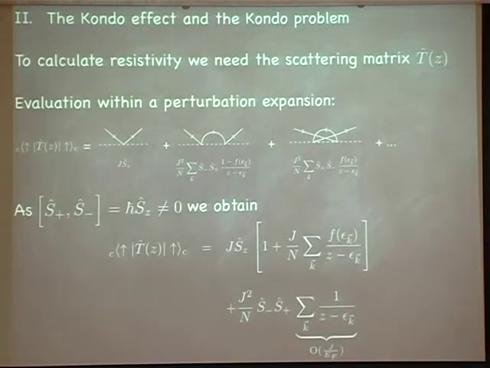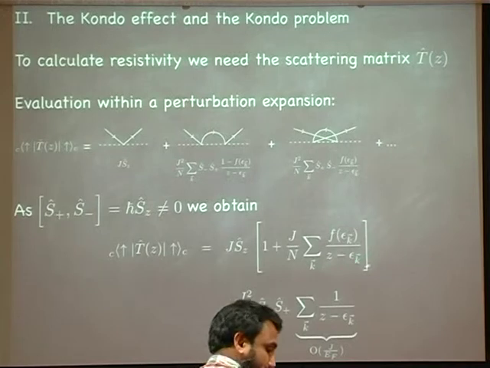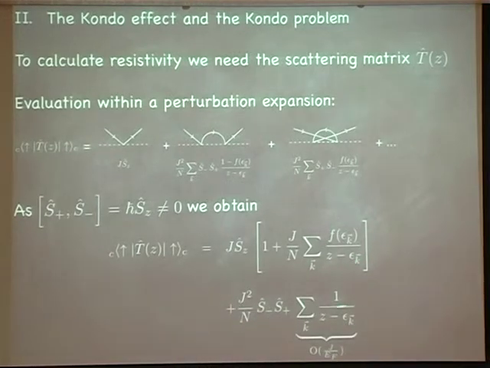And if you go through the details of the whole derivation, what you find is that this scattering matrix can be written as J times SZ, that comes from that part and that part, 1, this is this one, plus J over N times the sum over all states k, Fermi function, a lone Fermi function, divided by z minus epsilon k. And then there's a second term which contains simply a sum over the bare propagator, and if you evaluate that, that's simply 1 over EF, so you can ignore that one. This is the important one. This one gives a small contribution.